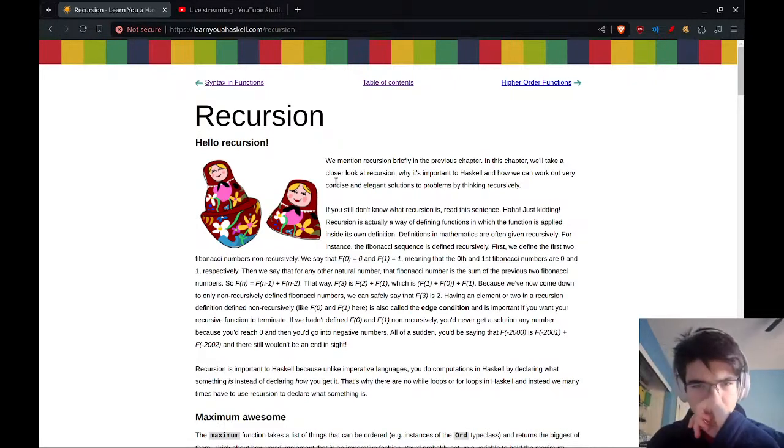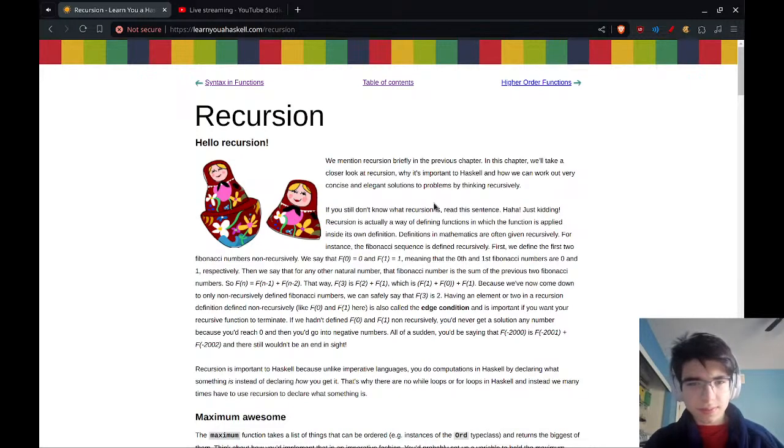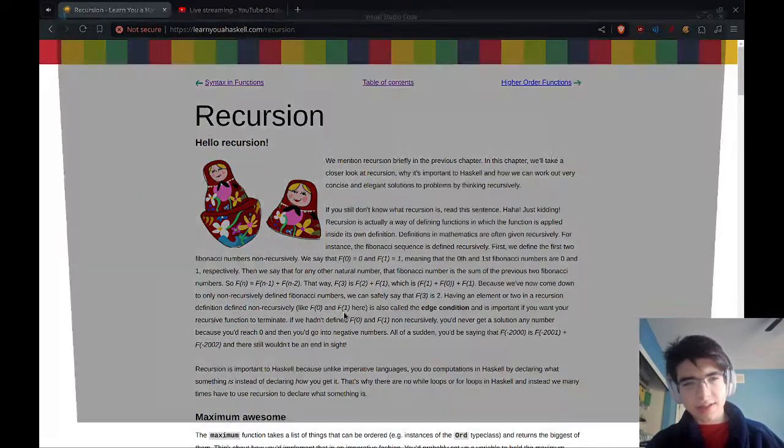We mentioned recursion briefly in the previous chapter. In this chapter, we'll take a closer look at how it's important and how we can work out concise and elegant solutions. It's a way of defining functions where the function is applied within itself, right? The classic example is something that will call itself. It's a bit hard to explain, but you can do Fibonacci numbers, so that's a classic example actually, so I can go and